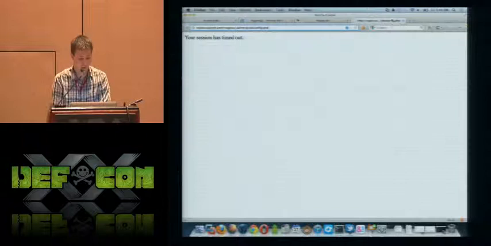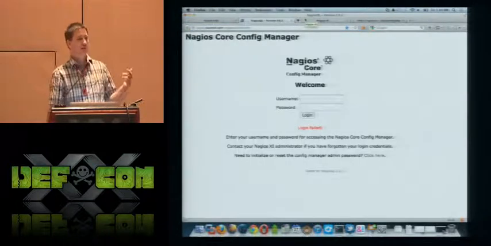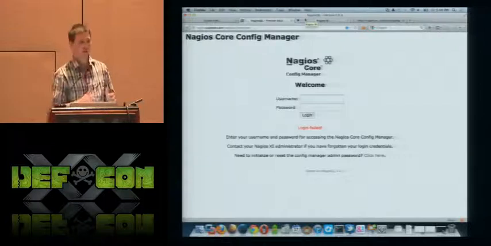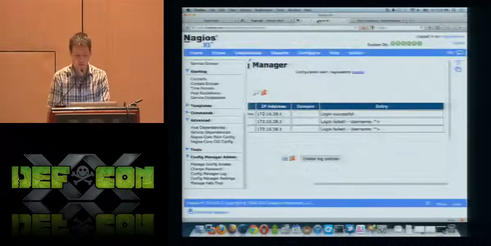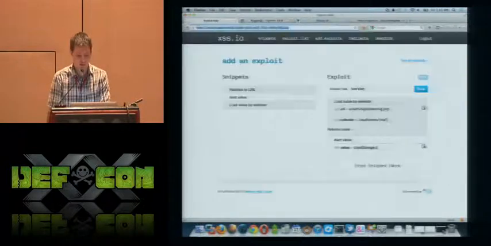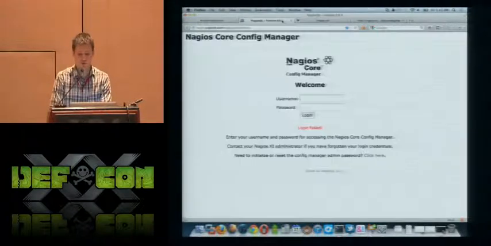Now let's say we have limited space. Let's say we actually need every single character for XSS.io, and we can't have any trailing anything. Let's show the referer working in action as well. We're going to add a redirect from that particular URL that gets loaded, and we're going to redirect that to,